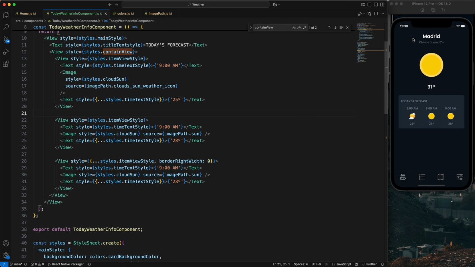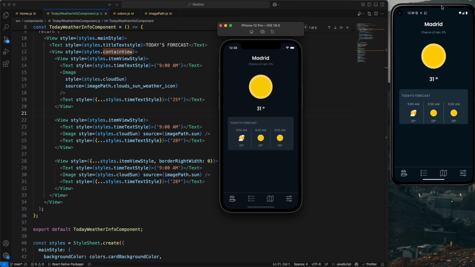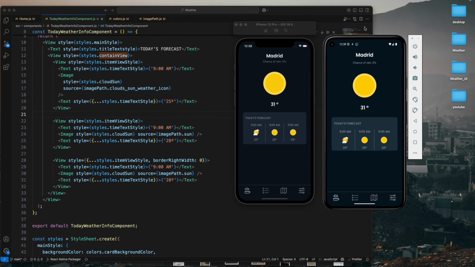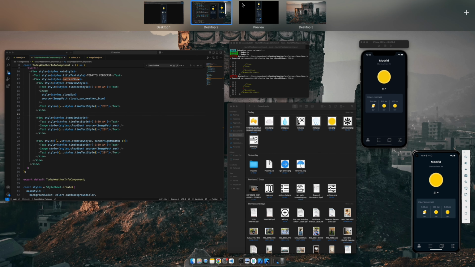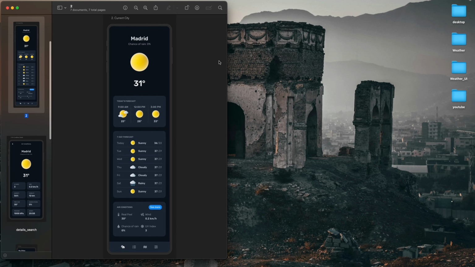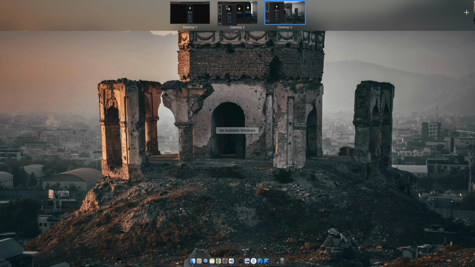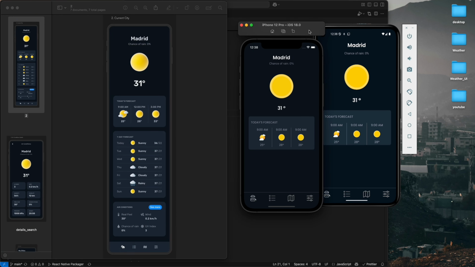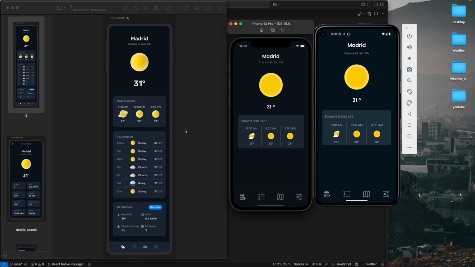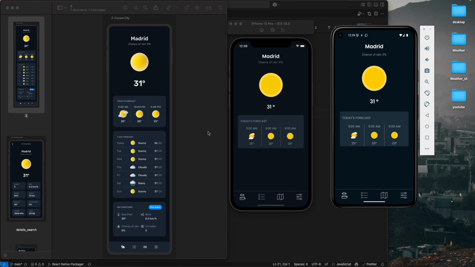Now I'm showing you the styling of the screen also. So now we are going to compare the styling, and whether we have the same or not. Just come here, and we need to see the images also. This is my image. Let me close it and just come here and just compare it with the image. So yeah, we have a similar styling. You can see a similar styling, and this is the Android and this is the iOS, but we need to